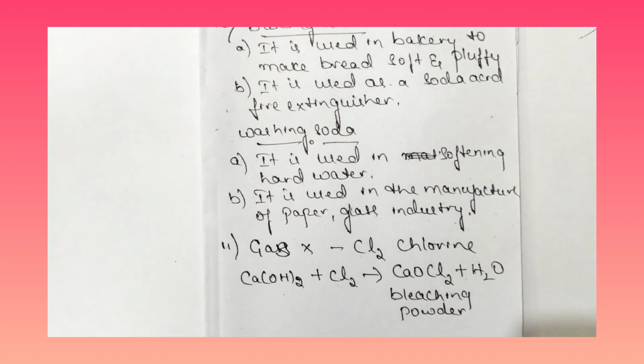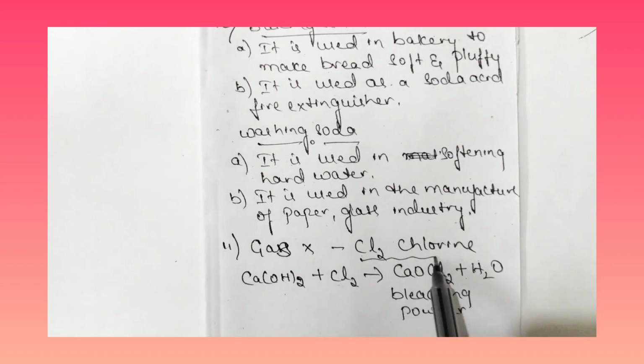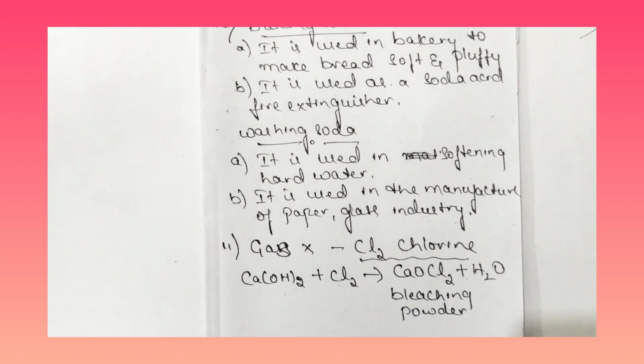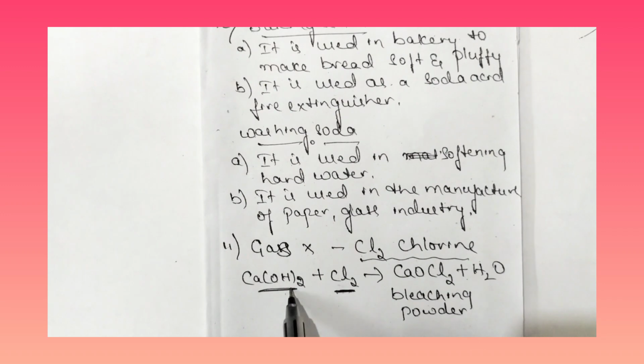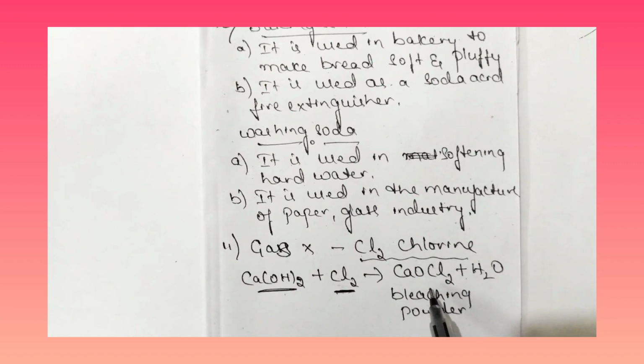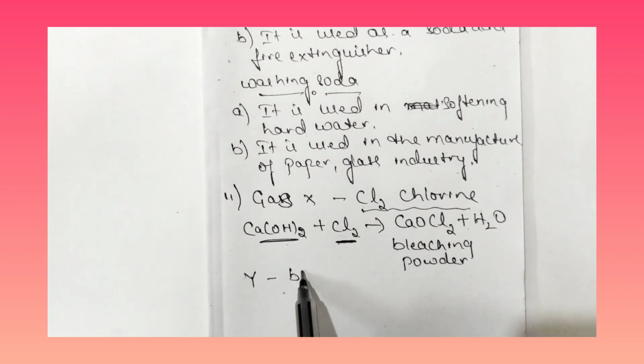So now, in one of the industrial processes used for manufacture of sodium hydroxide, a gas X is released. That X gas is chlorine. This chlorine gas, this X gas, when it reacts with lime water, forms a compound Y, and the name of that compound Y is called bleaching powder,